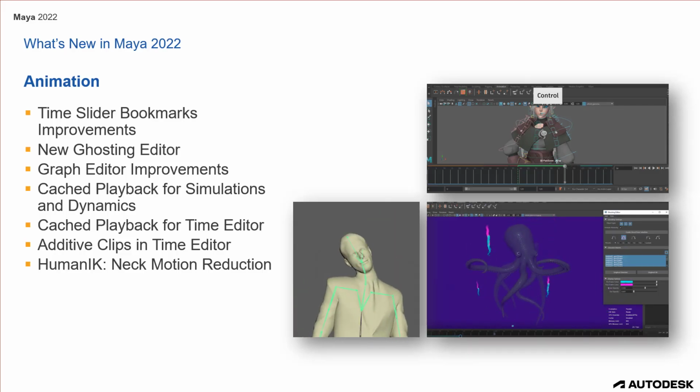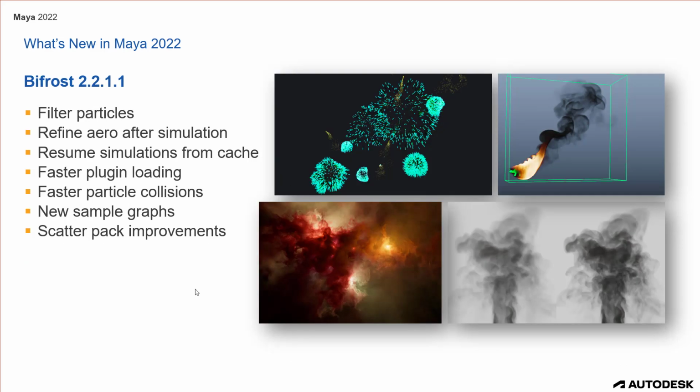Let's go back. And after animation, we have Bifrost, that's special effects. So in Bifrost, we have a different release schedule. So during the time of Maya 2020, we released Bifrost 2.2 already. And then came Maya 2022 and worked with this Bifrost 2.2 also. And the news here were a new filter particles functionality where you can filter particles by size and lifespan and age and whatever functionality you have with a particle to do things like,